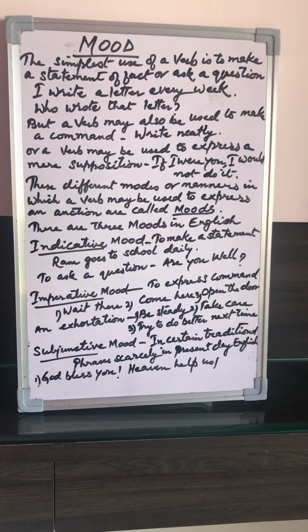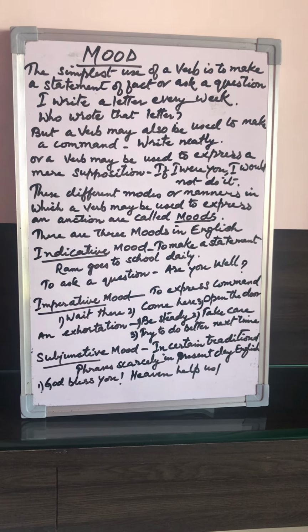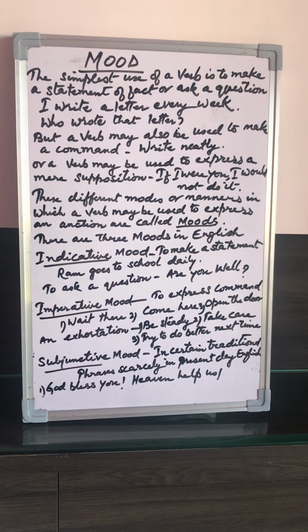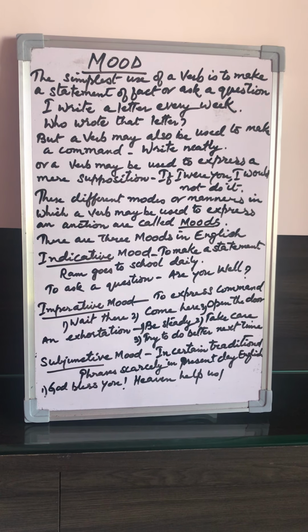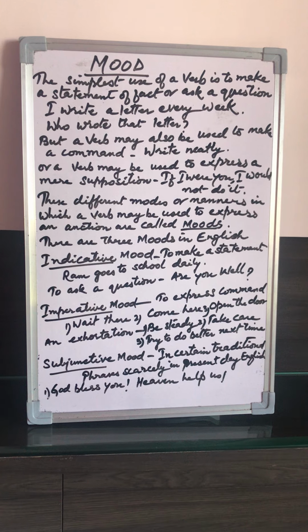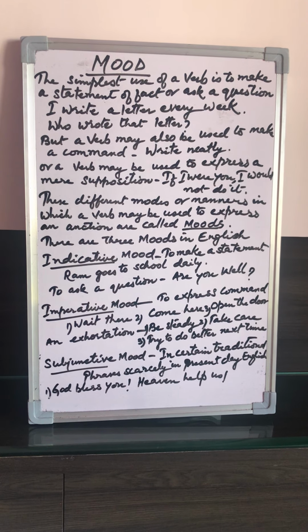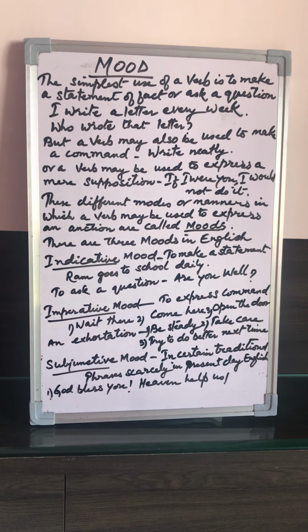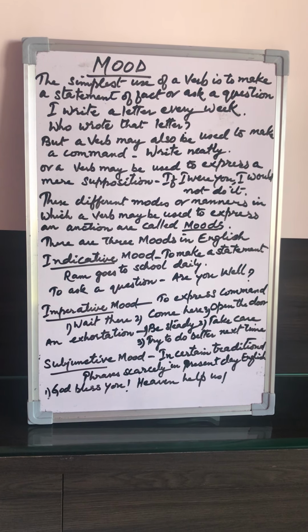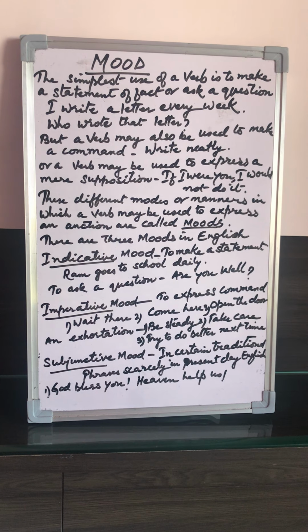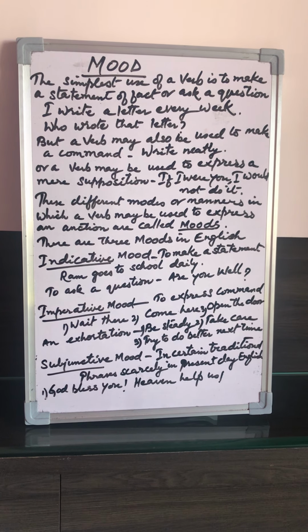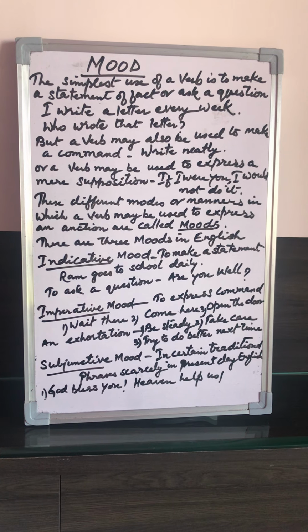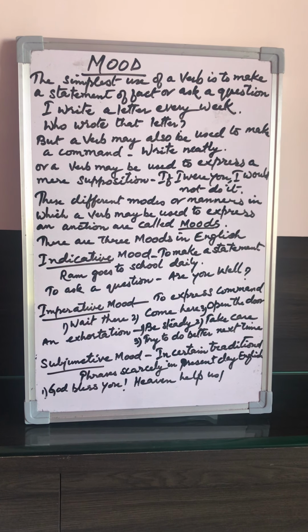The third one is the subjunctive mood. The following are the forms of the subjunctive mood. Present subjunctive, the verb be, other verbs: I be, I speak. We be, we speak. You be, you speak. He be, he speak. They be, they speak. Past subjunctive of the verb be and other verbs: